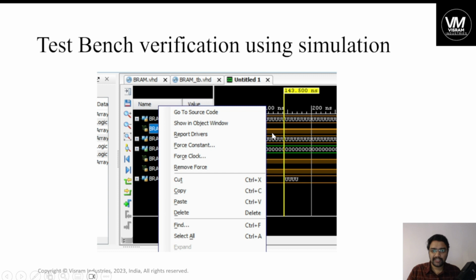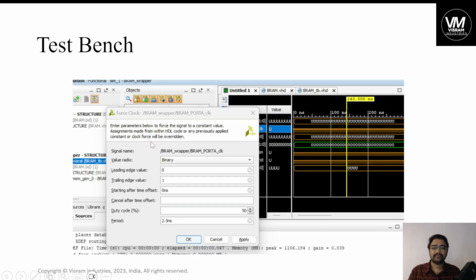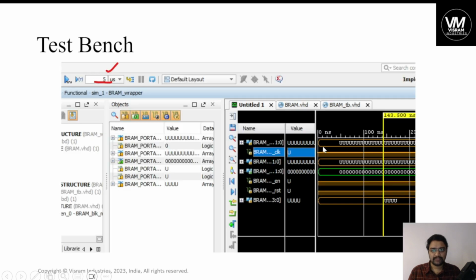Now go through the simulation. If you run the implementation, then you will get the simulation. So you need to run the synthesis. So if you click on implementation, this is timing simulation. If you click on timing simulation here, by keeping 5 microseconds, you can see